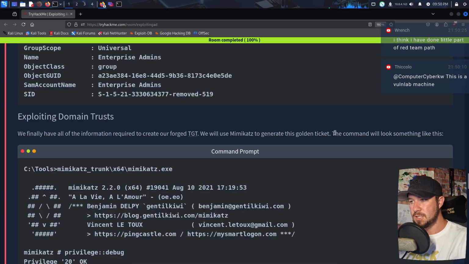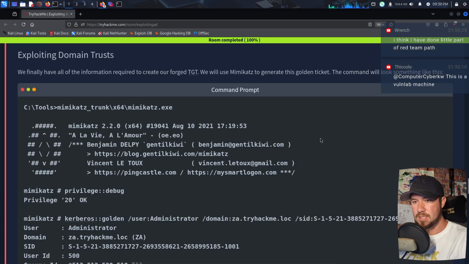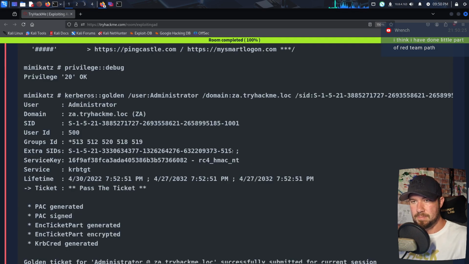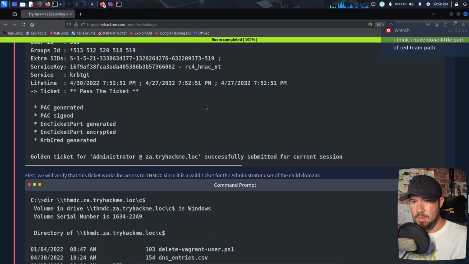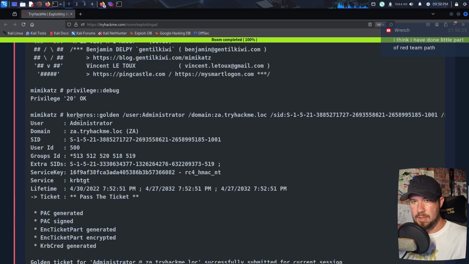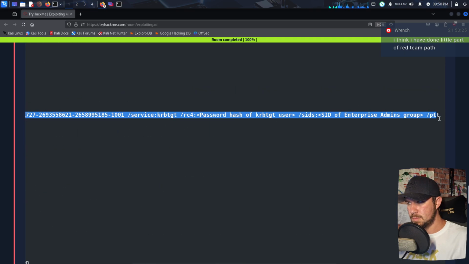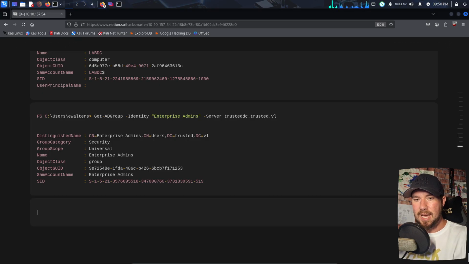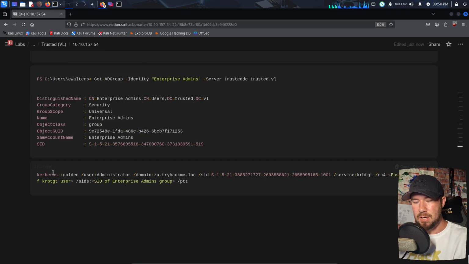We will use Mimikatz to generate this golden ticket. The command will look something like this, and you can see this long command right there. So let me grab this long command. I'm going to copy that, and I'm just going to use it in my notes to try to piece together every piece that we need for this command. So, of course, kerberos::golden, user administrator. Our domain is going to be